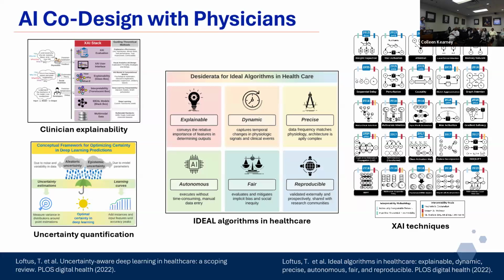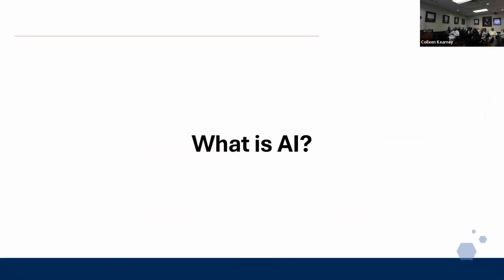And so the next slide here is just plugging some of our work that involves co-designing AI with physicians. I do a lot of work with Dr. Yorick on some of her models and her systems for surgical predictions. We're doing things with quantifying the uncertainty, making models more explainable, and we proposed a set of standards that represent the ideal algorithms in healthcare, so fair, reproducible, things like that. But the point is that we're working with clinicians to design some of these things, especially clinician explainability. We're doing focus groups and user-friendly interfaces, seeing what they want to see, what works for them, and things like that. So I won't spend too much time there.